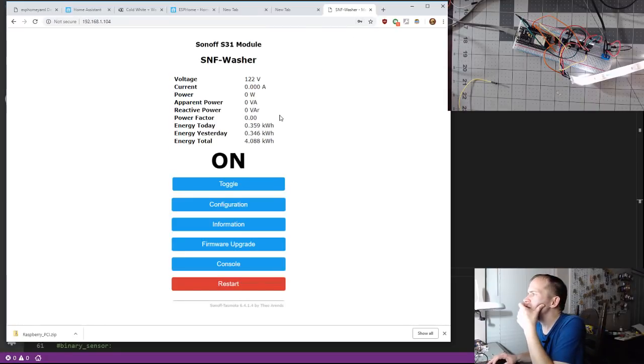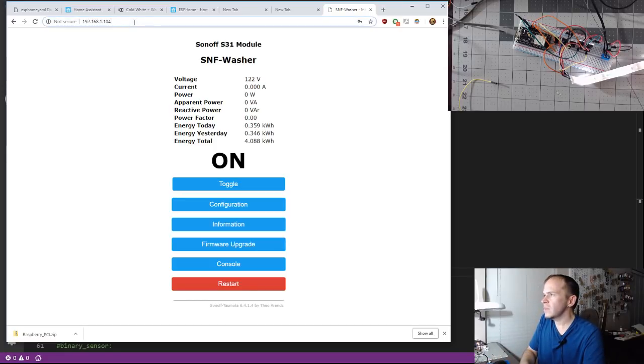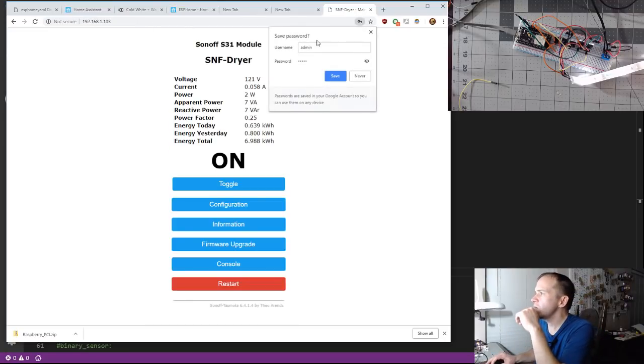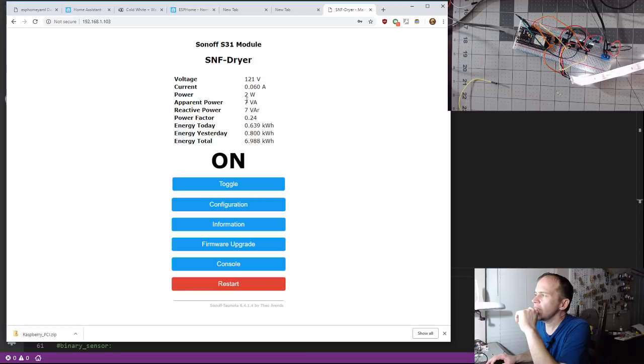Yeah, see, I'm seeing... I just want to make sure. I'm just seeing it flicker between 0 and 1. And I think same thing, my dryer would do the same thing. Oh, the dryer, actually, it's pulling just 2 watts just sitting there.